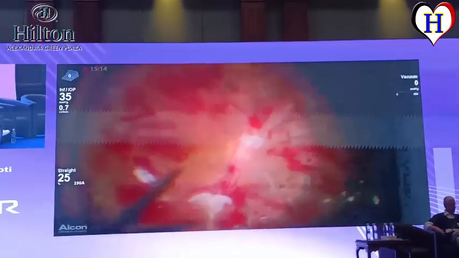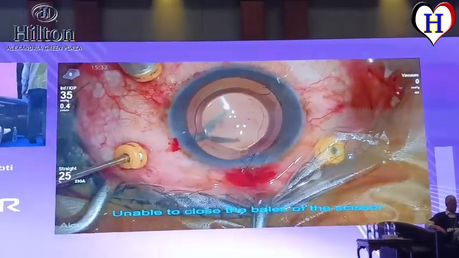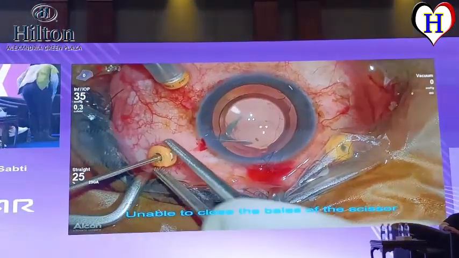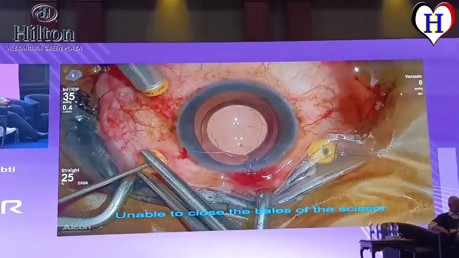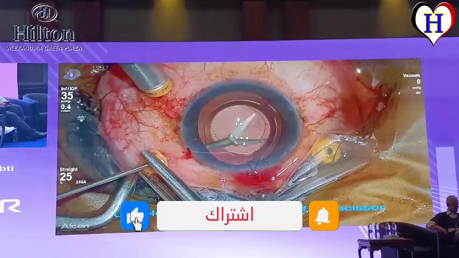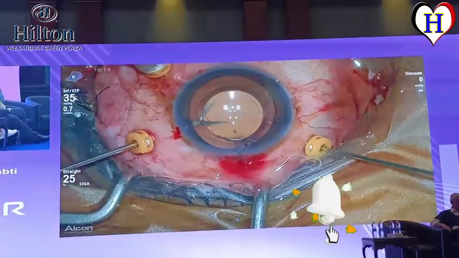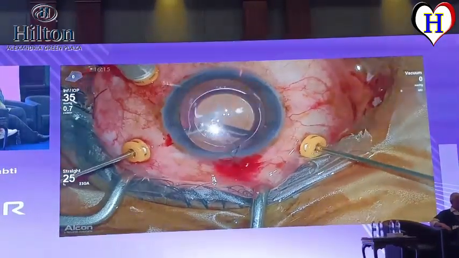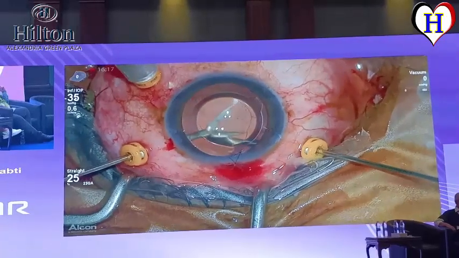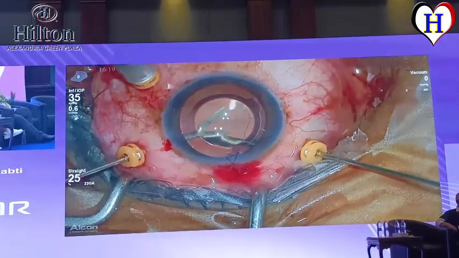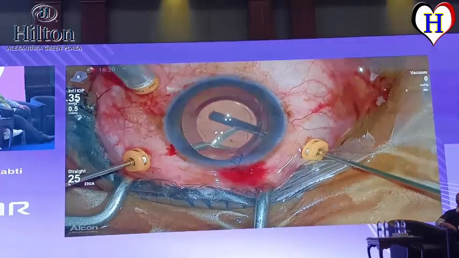When I tried to use the scissor, I noticed that the blades were open and not closing. I decided to replace the scissor, but was unable to remove it from within the eye with widely open plates. The unexpected behavior of the scissor may result in surgeon frustration and panic, which in turn may lead to more problems. I had to stop trying to remove the scissor and look into the problem closely to understand what went